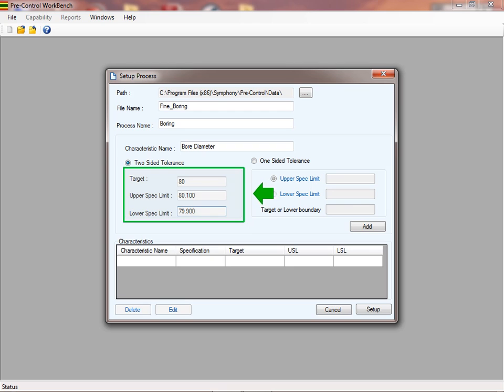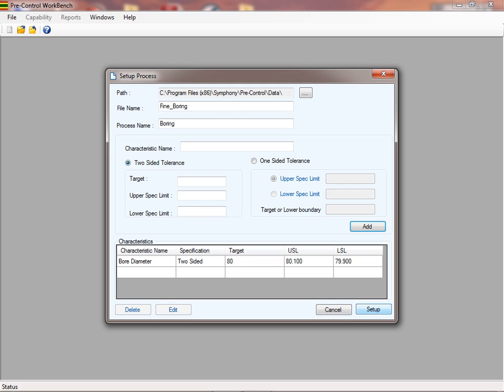Pre-control will work with tolerance limits. You can define multiple characteristics for a process. The data for each process is stored in a file that you specify.